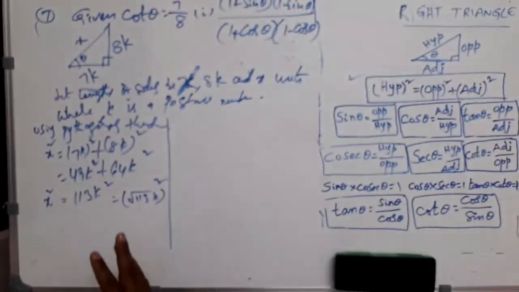I want to see this as something square. That's why I have observed 113 is not a perfect square. So how can I write root of this whole square? So root 113 whole square into k square. Together I can write simply root 113 into k whole square. Now x square is root 113 k whole square. So what can I say about the value of x? Root 113 into k. This is the value of x.